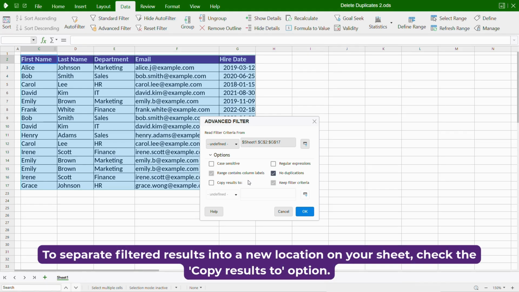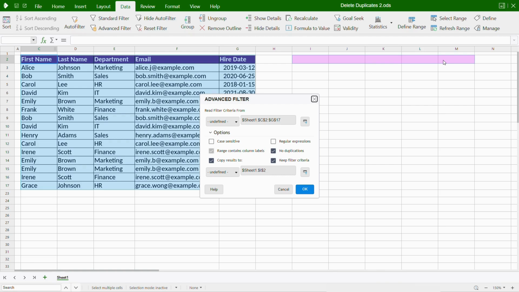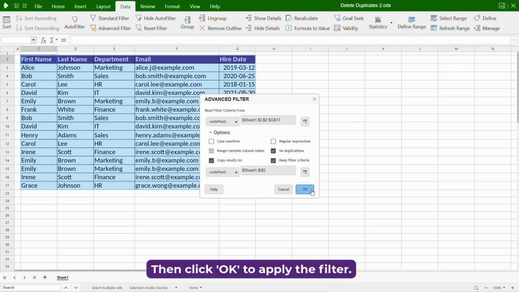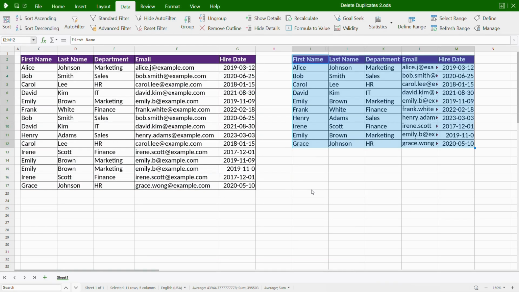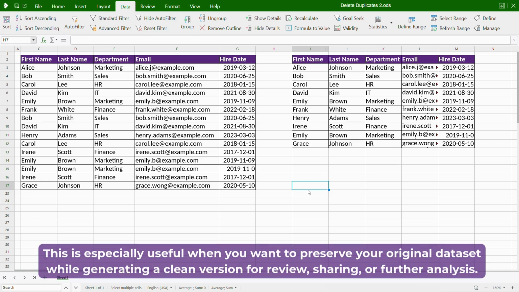To separate filtered results into a new location on your sheet, check the Copy Results to option. Select the range of cells where you want the filtered data to be copied. Then click OK to apply the filter. The original table stays untouched, and the cleaned, duplicate-free records are copied to the new location. This is especially useful when you want to preserve your original dataset while generating a clean version for review, sharing,